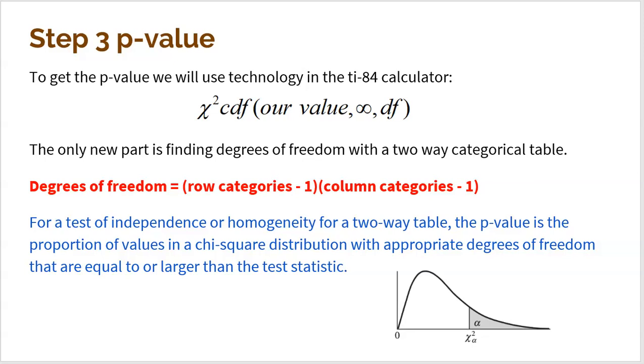So the degrees of freedom when you're working with two categorical variables is a little bit different. Remember, if there's only one categorical variable, you just take your total categories minus 1. It has nothing to do with sample size. Well, here the degrees of freedom is row categories minus 1. So you look at how many different rows do you have? How many categories do you have for your